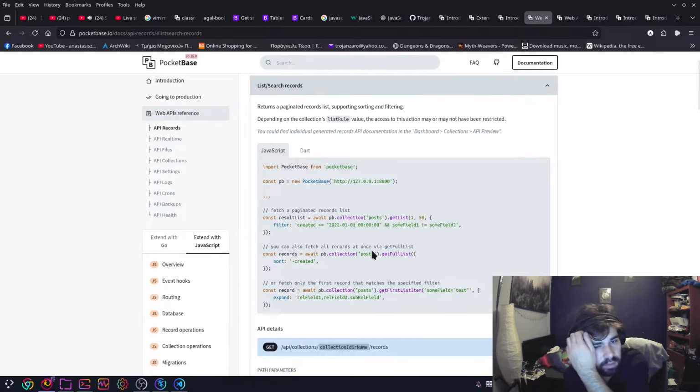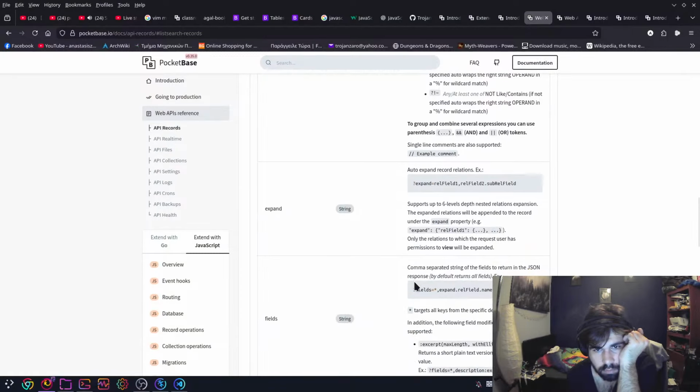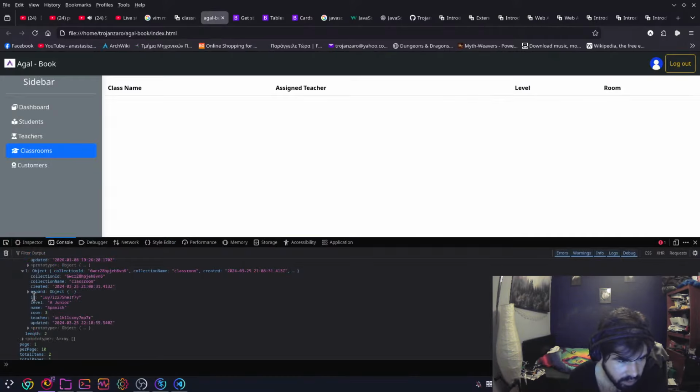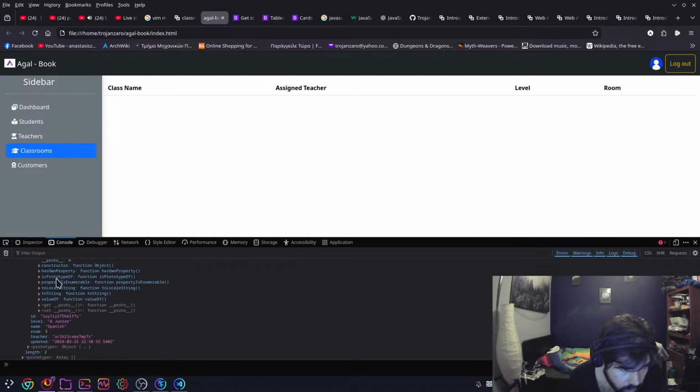Fetch a page in the record list. It's supposed to be under the expand. It's not there though. It's not there. Constructor has property value of name value of.